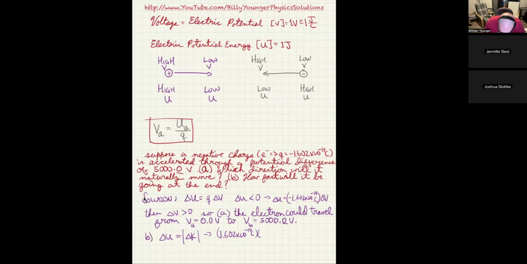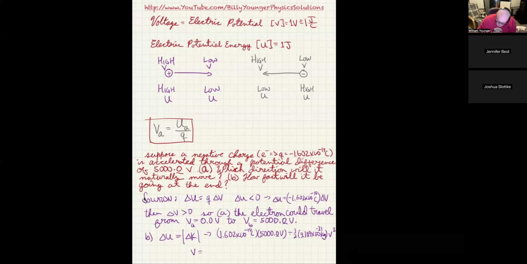Again, I'm trying to work with positives, so I'm just going to write 5,000 volts right here, and that's equal to 1/2 the mass of the electron, which is 9.109 times 10 to the negative 31 kilograms. That's something you would be given, by the way, and times v squared. So we just set the magnitude of Q delta V equal to the magnitude of 1/2 mv squared, and we get V